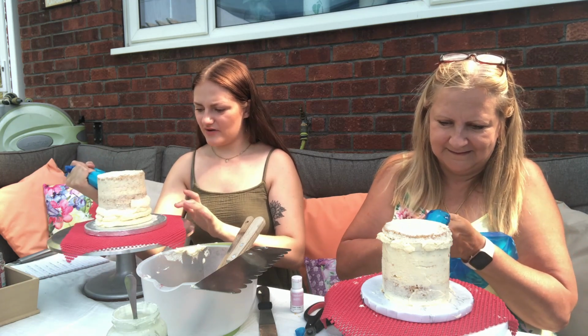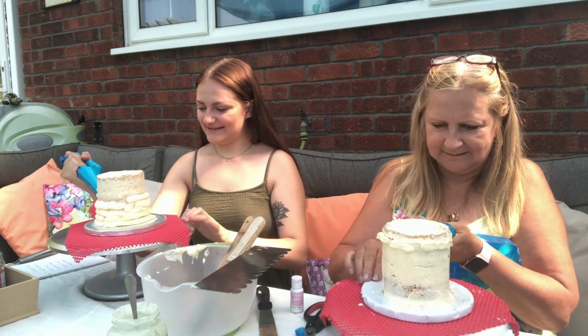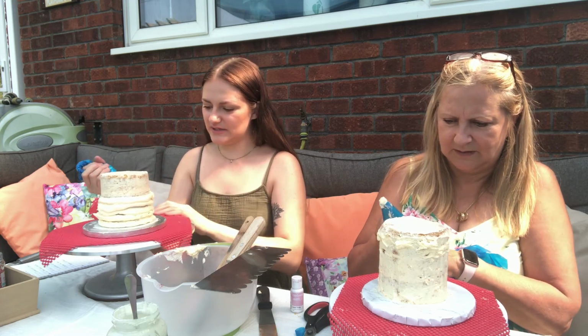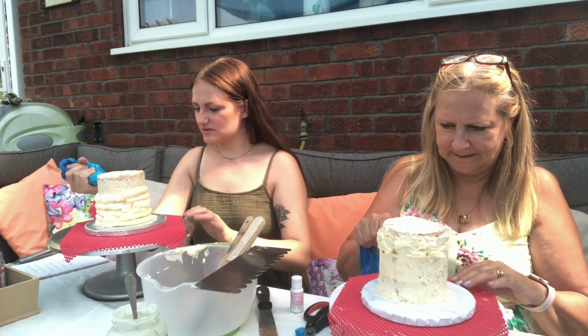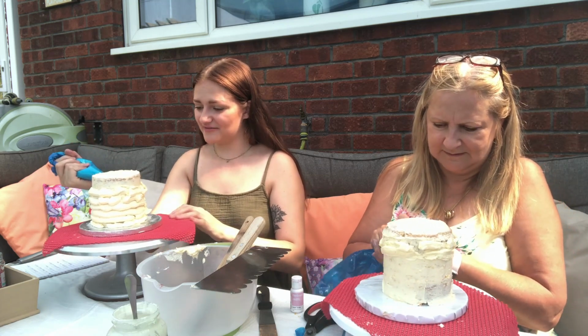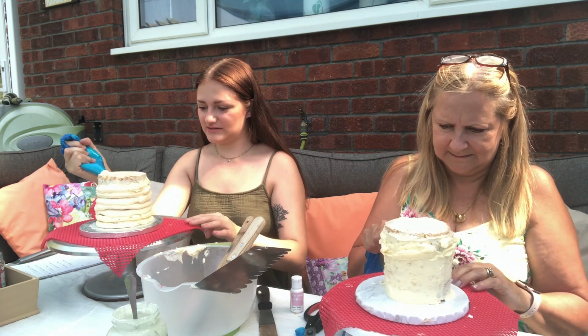It is very, very hot outside. Yes, it's about 20. Well, the reason we're out here is I don't think there's the space inside to do this kind of thing. And it's nice, a big table. It's too hot. Yeah, and we don't have an aircon unit inside, so I'm not looking forward to making cakes tomorrow. Yeah, she's making some for real. I've got 3 to make tomorrow for Friday, so there will be a live for that, but I will be dying of...